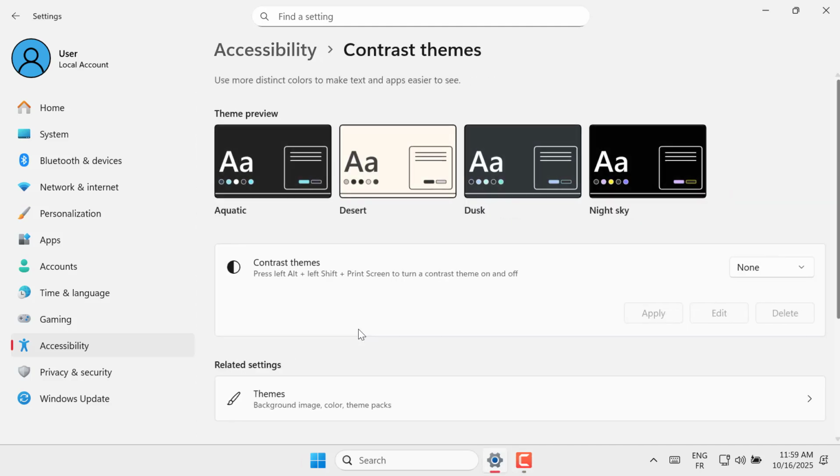Click on it to open the Contrast Theme settings. Here, you will see a menu next to Contrast Theme. Click on this menu to view the available contrast themes. After that, choose the contrast theme that you prefer by clicking on it, giving your screen a new look with